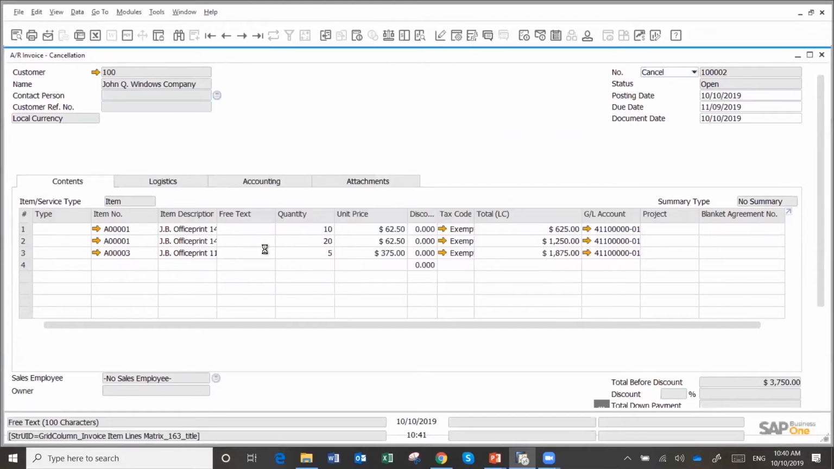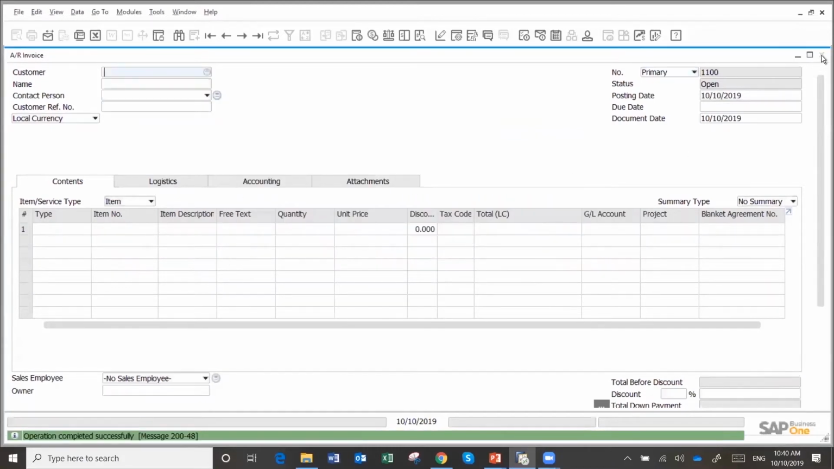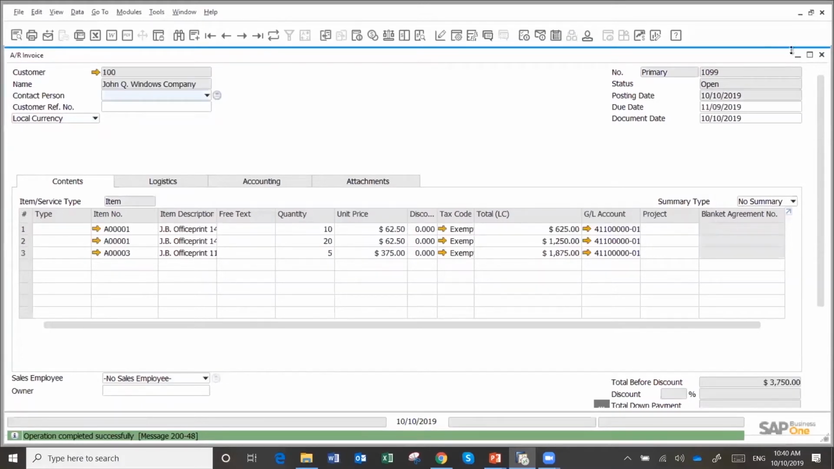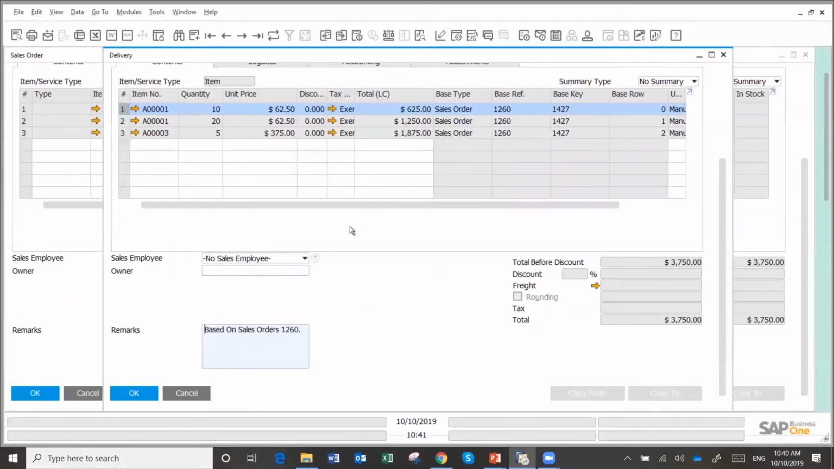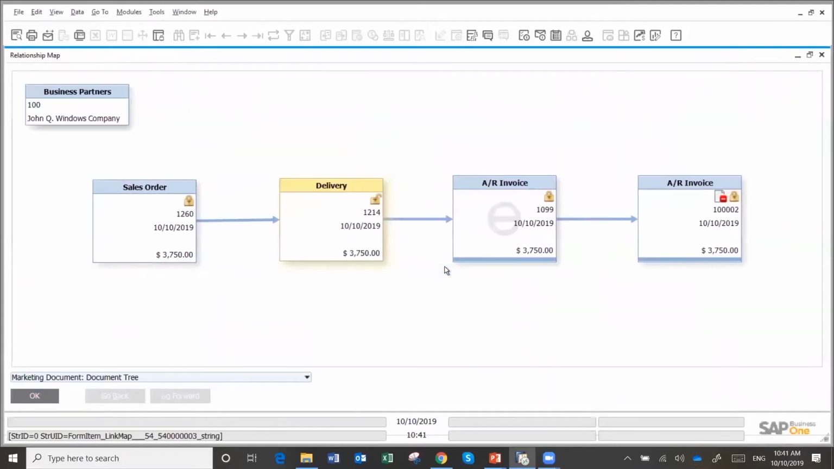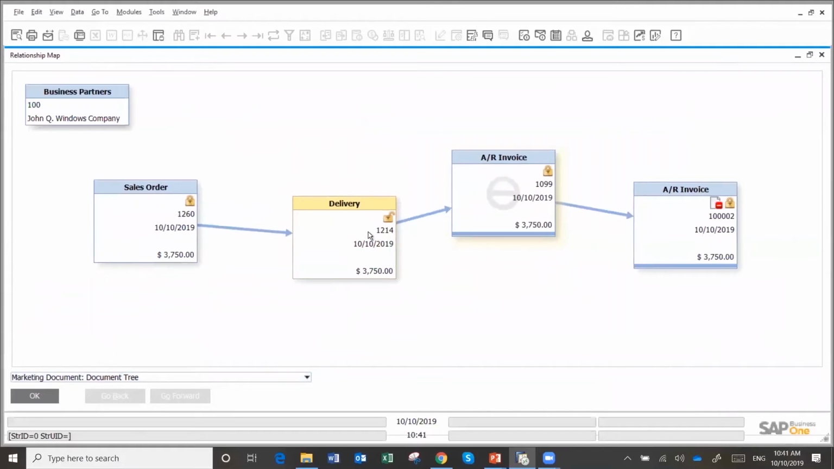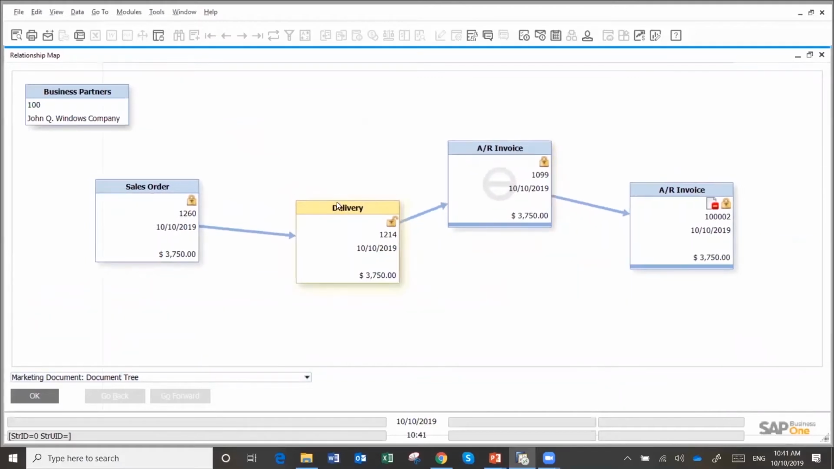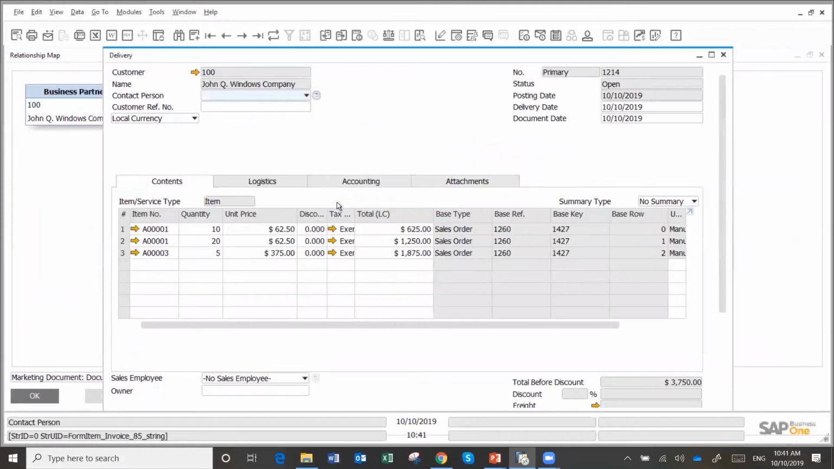And once I add this cancellation, right? And I go back, the delivery is open again. And if I see the relationship map, now I see a delivery and invoice cancellation. Now I could go ahead again, open the delivery,